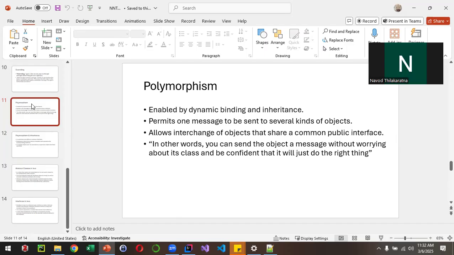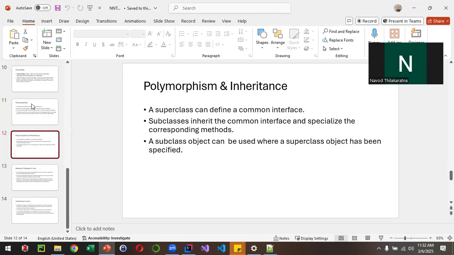So, in really simple terms, what happens is a superclass defines a common interface, and subclasses inherit the common interface and specialize the corresponding methods. A subclass object can be used where a superclass object has been specified. That means,